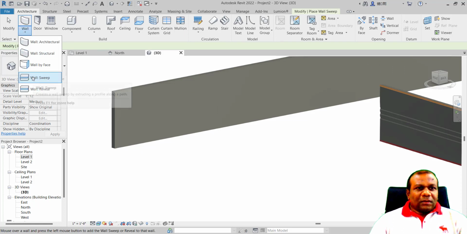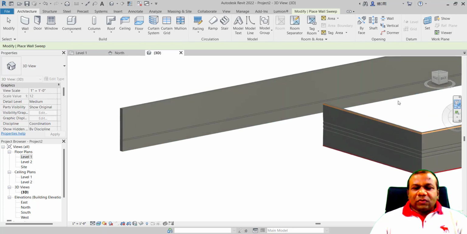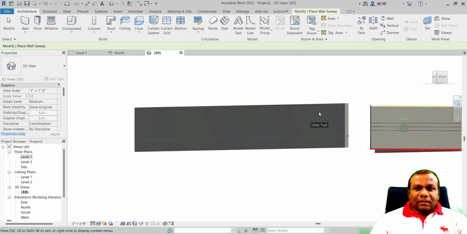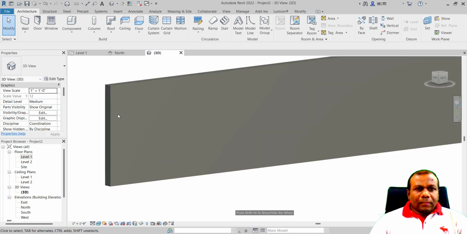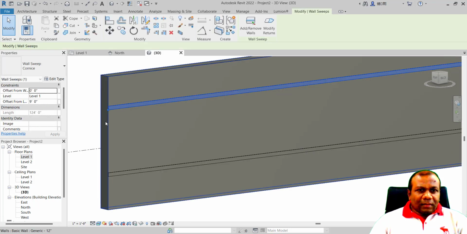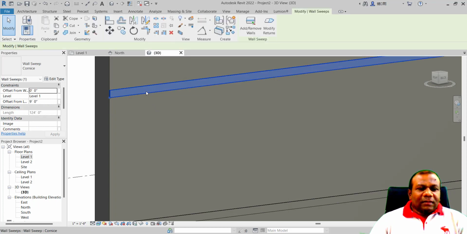Wall sweep. Right. So see, the other side is not getting applied. It's applied here. It gets applied. Right.